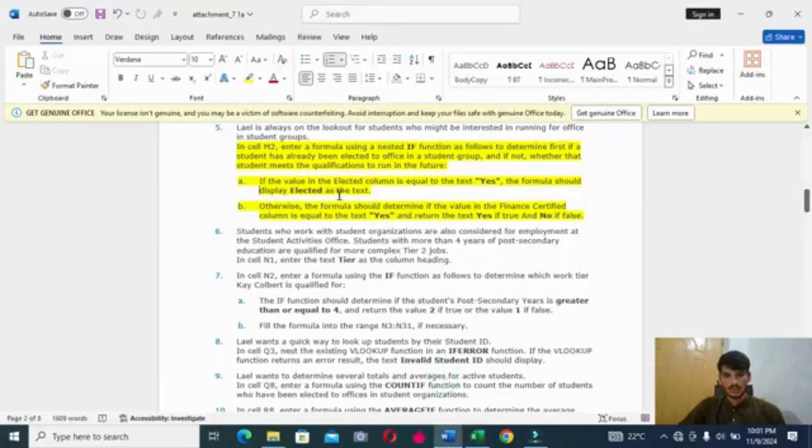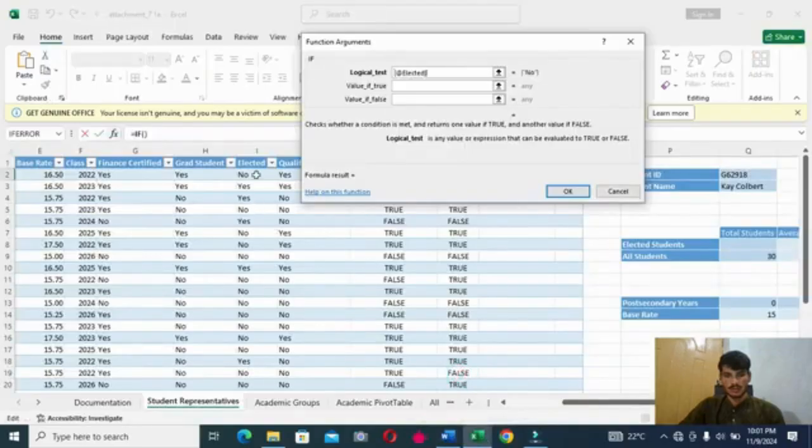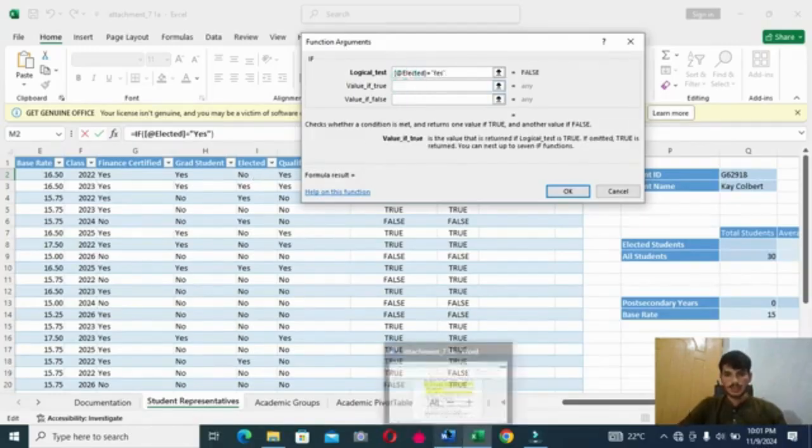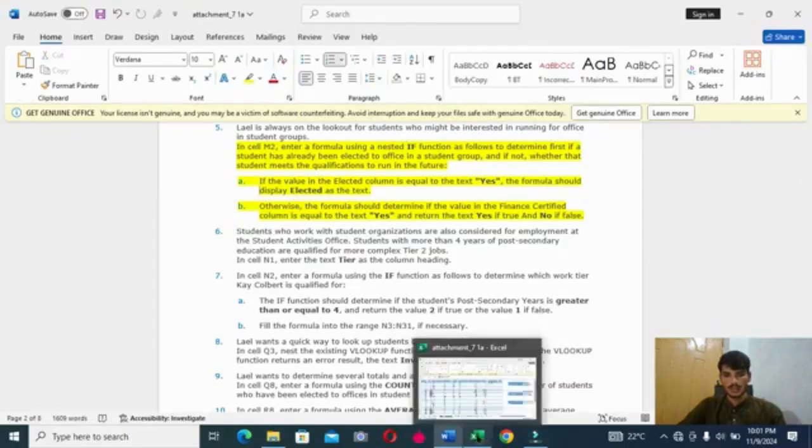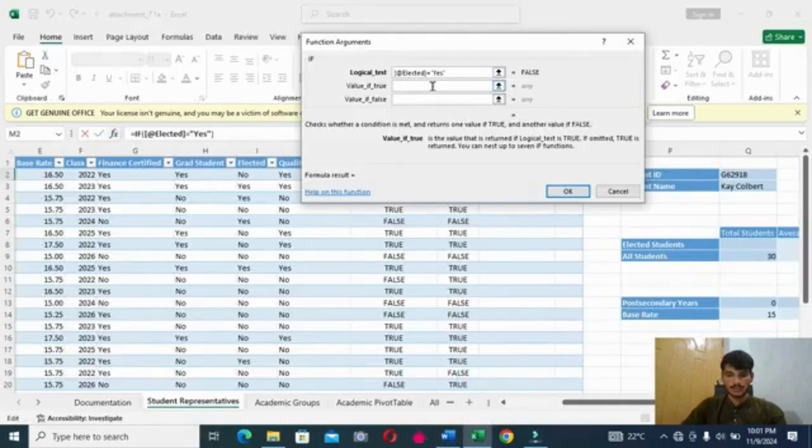And first condition, elected column is equal to yes, and the formula should display adapter as the text. Okay, adapter, and